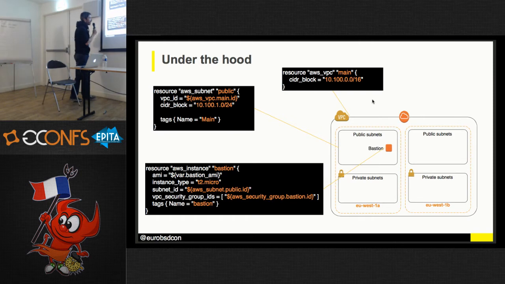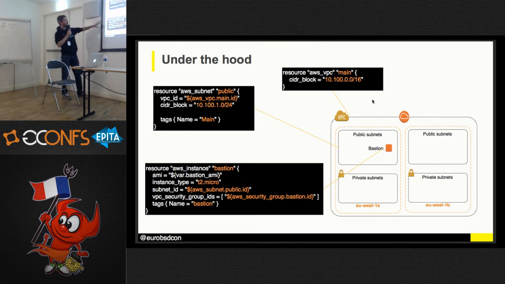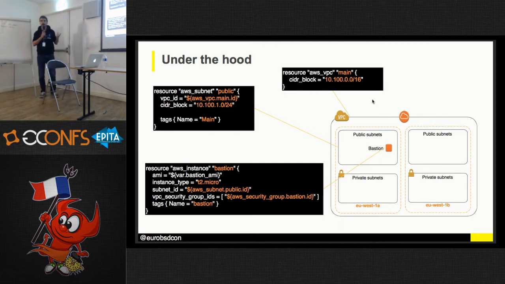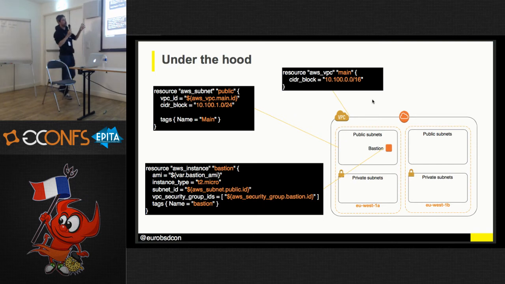I don't know if most of you have heard of Terraform, so I'm just going to give you a very quick introduction to what it looks like. On the black boxes here, you have descriptions of resources inside AWS. On the top, for instance, you have the description of the VPC, which is basically a dedicated private network inside AWS, and inside this isolated network you can create different resources, such as subnets.